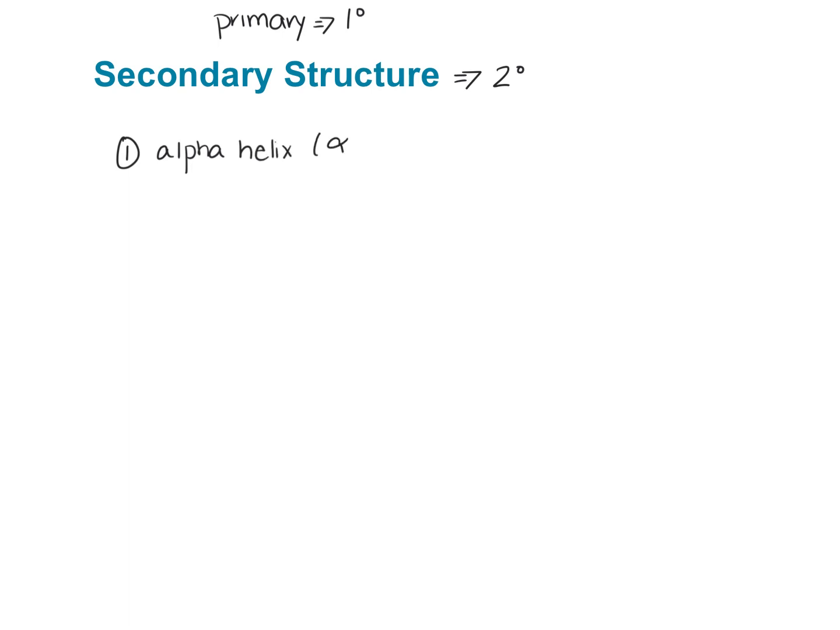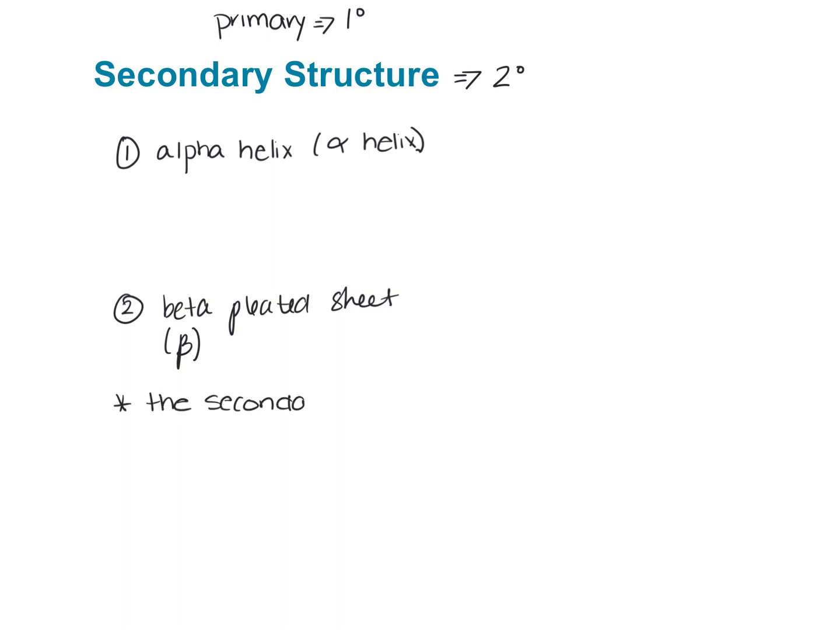And a synonym for this is just the alpha helix. And then the second one is a beta pleated sheet. And instead of doing beta, you can use that notation. The secondary structures in proteins